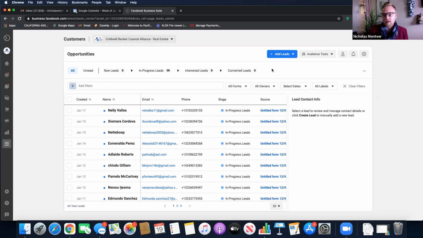It's basically like a very lightweight CRM back here. I wouldn't suggest trying to use it as your CRM. I just move them from raw to in progress so I can keep track of which ones are new versus old. That's usually how I use it. Every time I come up here to download, it'll put them into a CSV file for me, and they can be transferred anywhere you want them to go.